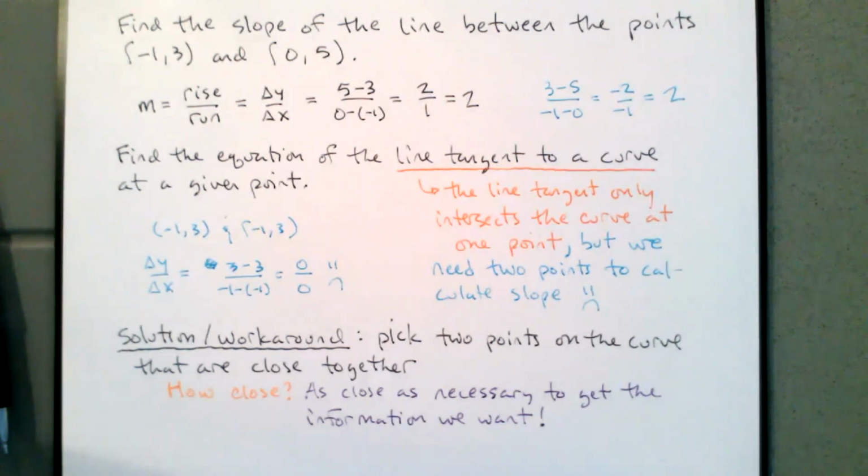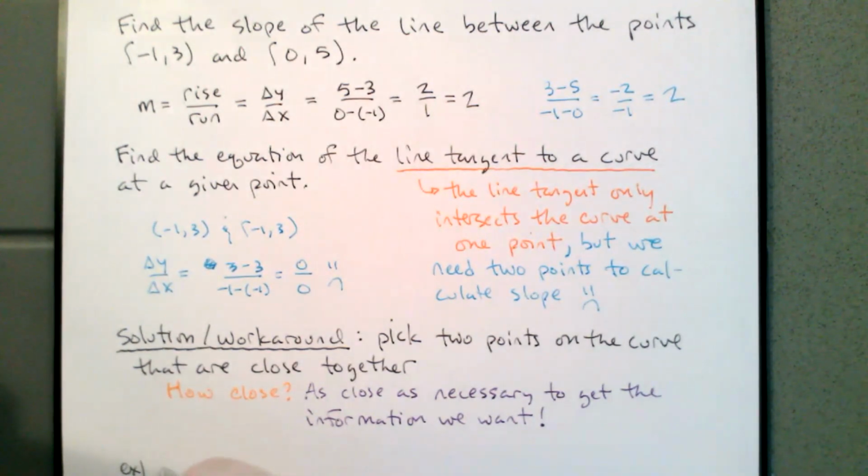So let's take a look at an example problem with an actual function. Let's find the equation of the line tangent to the graph of the curve f of x equals 4 minus x squared